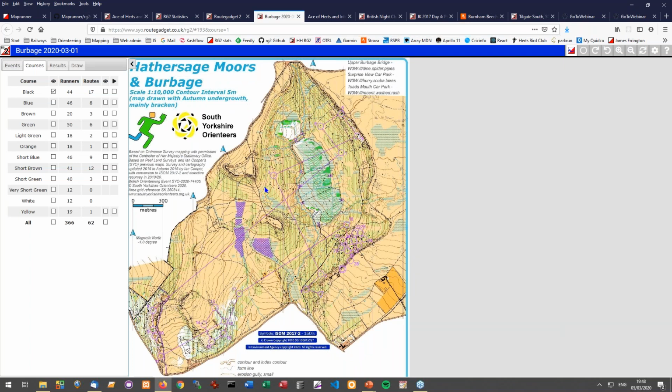The specific management question was, can I set up an event with 2 different maps? No. The setup is there's one map for an event in Routegadget. So you can either set up 2 events with the 2 different maps. Most cases of that, you're using a small part of the area and a big part. You should always be able to set up all of the courses on the big map.